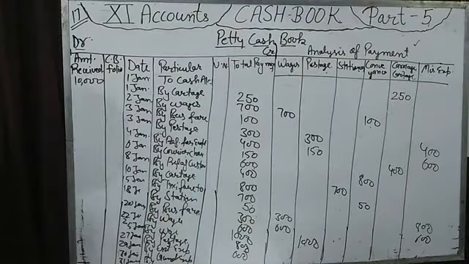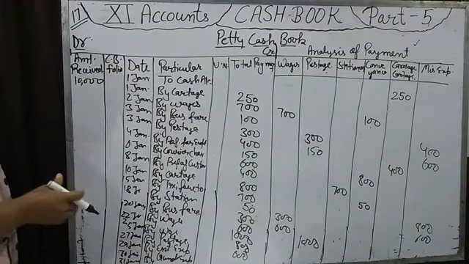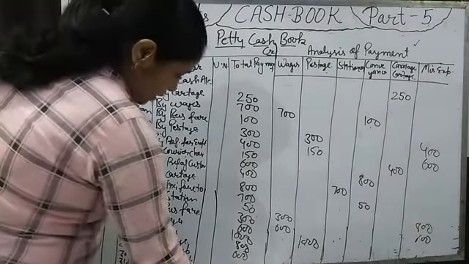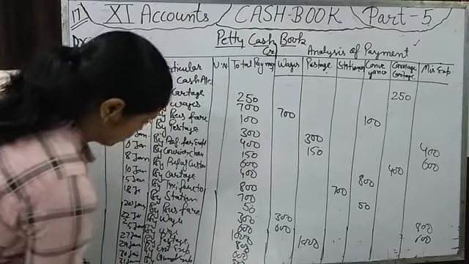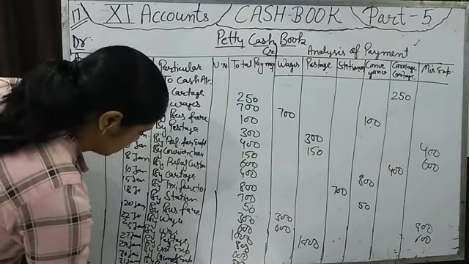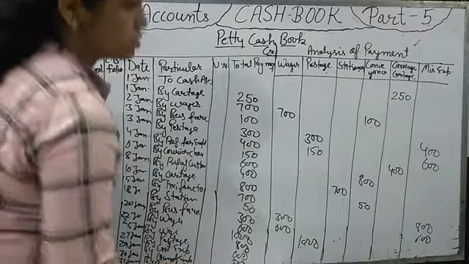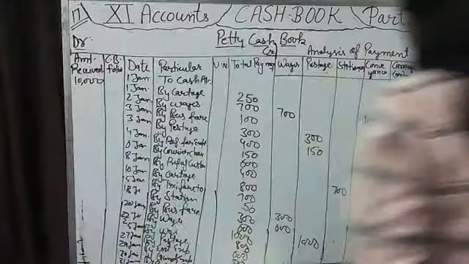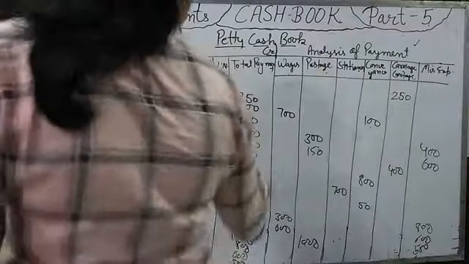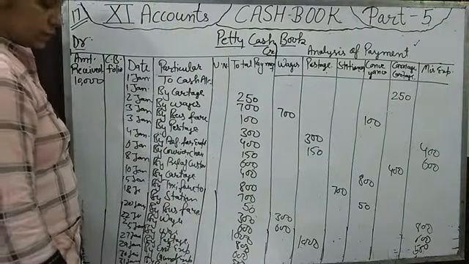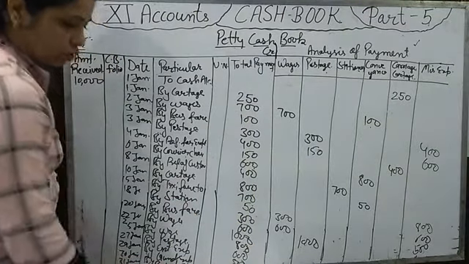It's lengthy but too easy. Okay. Then lock purchase 500. Then you will write buy lock purchase. That will also come in the miscellaneous expenditure. Fine. So we have prepared the petty cash book. Now you will find out how much total payment we have done in the full month. You will write here at the end total payment.